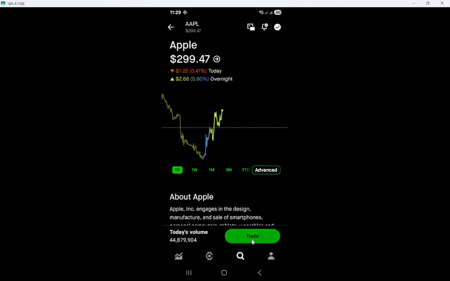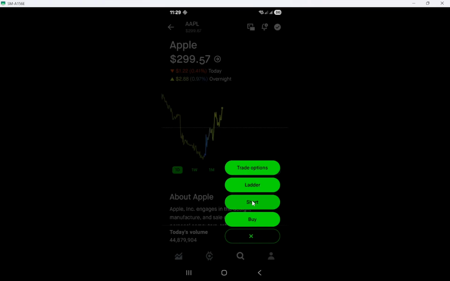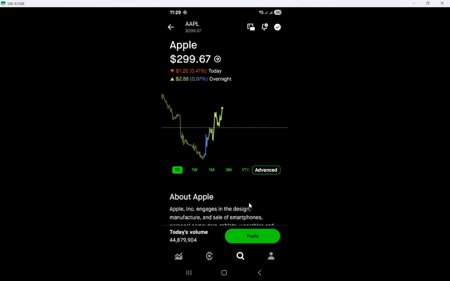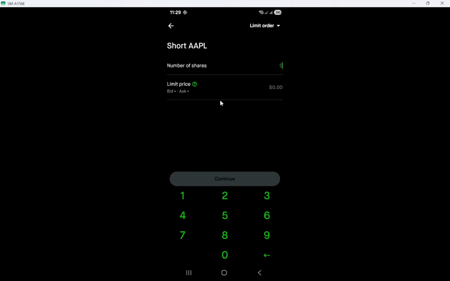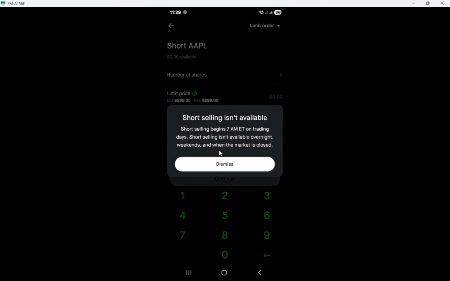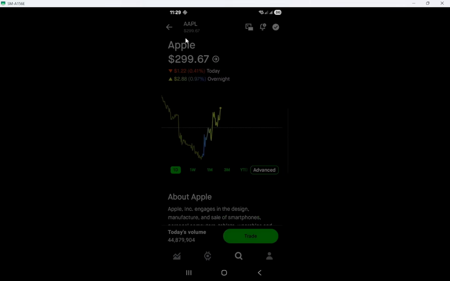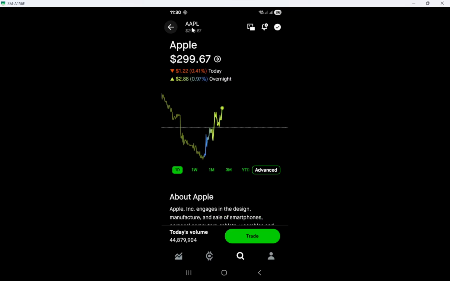Creating a watch list helps you monitor stocks you're interested in. Open a stock and tap Add to Watch List. Repeat this for other stocks you want to keep an eye on. This feature is fantastic for tracking potential investments without committing funds up front.